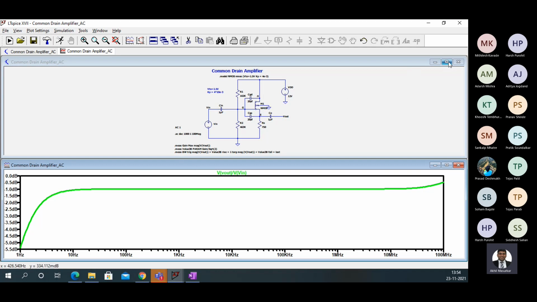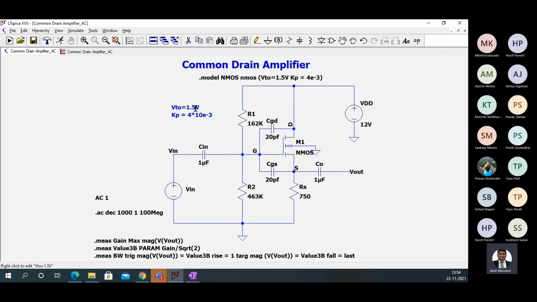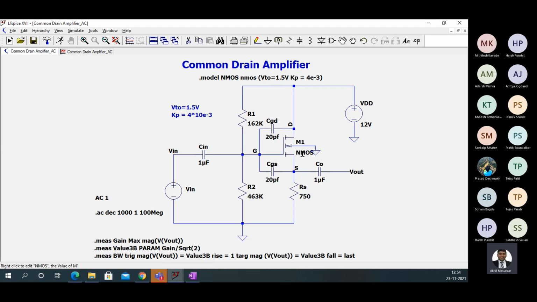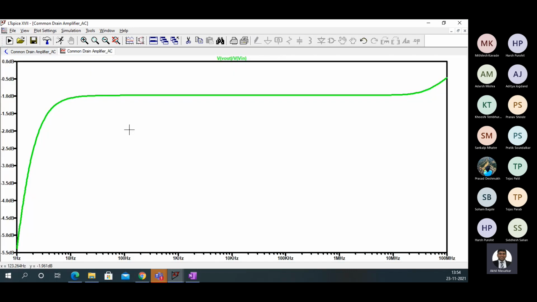Now show me this circuit with this resistance. Even if you don't show these capacitances, it's fine. You can still show me the simulation. It's not an issue. But I am trying to make a practical circuit. Practically these things are there, but they are very small. You can see I have selected not the value in farads, but in picofarads, because I know their values are going to be very small.